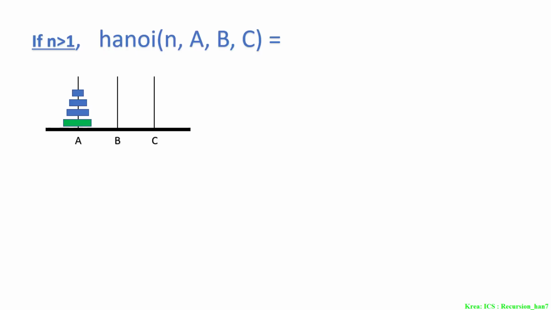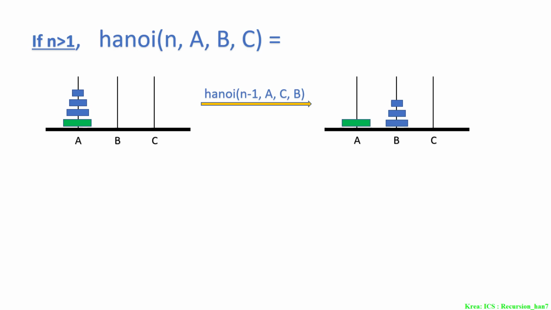Now we are going to talk about the details of the Hanoi n A B C function. What we have is n disks in ascending order lying on this peg A. The largest disk has been marked out as green. And what we want to do is move this stack onto this peg C using this peg B. So let's use a smaller solution. And this is how we use it. We are going to move n-1 disks from A to B using C. And when that happens, this is the figure we get.